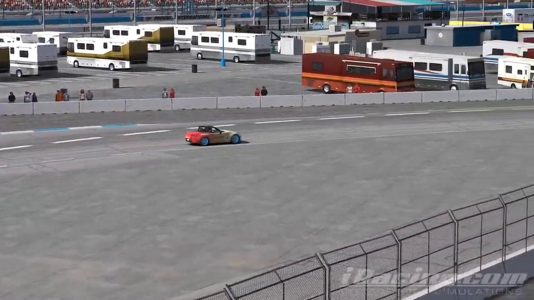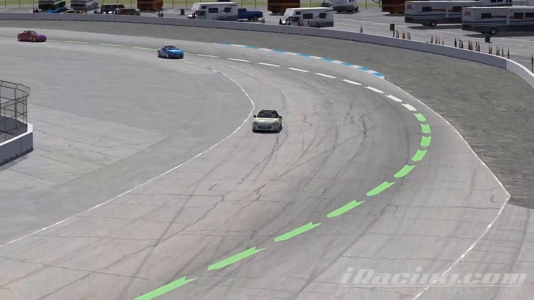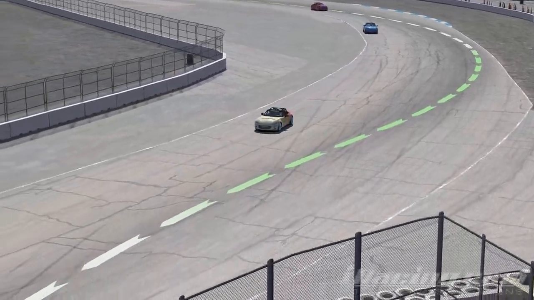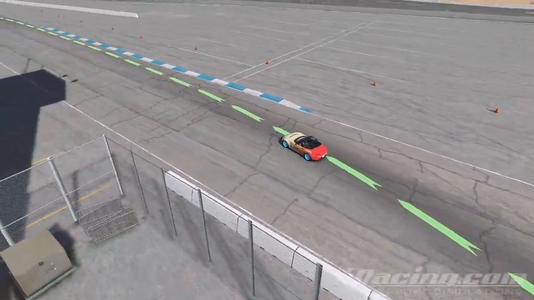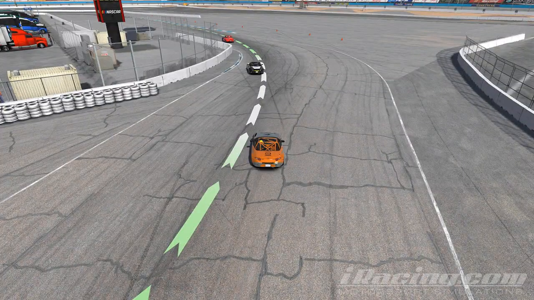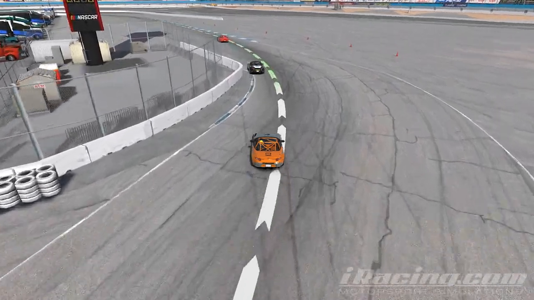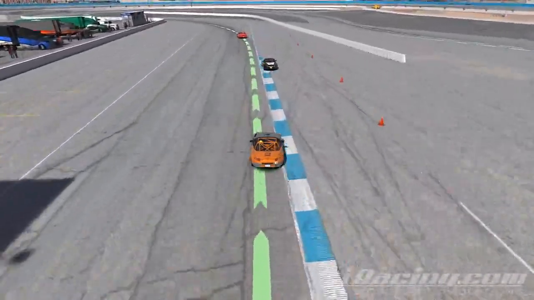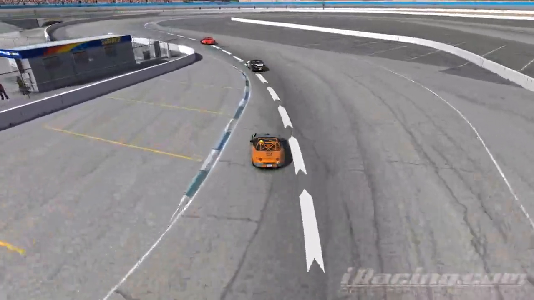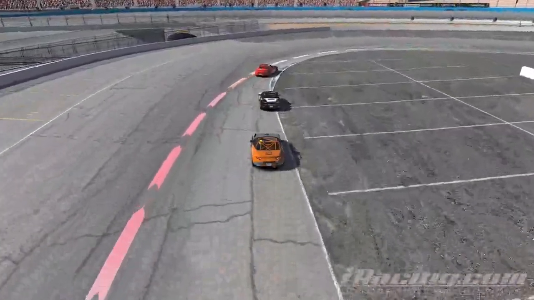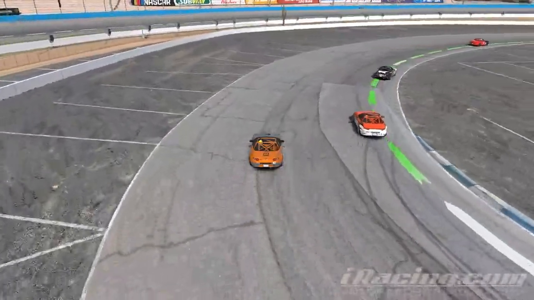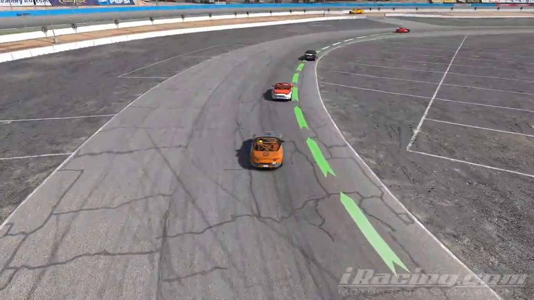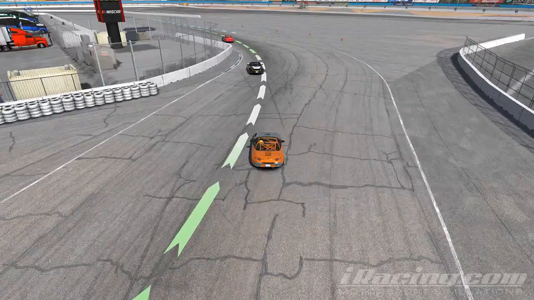And now on to the racing incidents that occurred at Phoenix Road Course. Okay, let's let this one play through at full speed and then we'll break it down. Alright, here we are